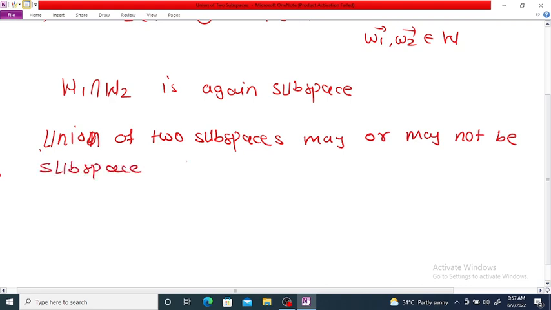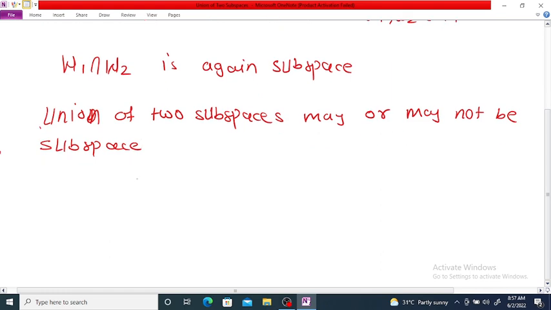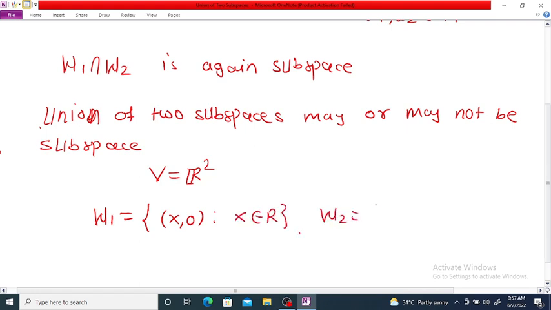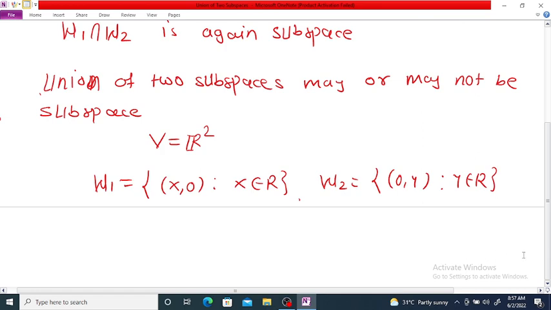For example, let V equal R square, with usual addition and scalar multiplication, and take the set W1 equal to the collection of all (x,0) where x belongs to R, and W2 equal to the collection of all (0,y) where y belongs to R. Then in W1 the y coordinate is 0 and in W2 the x coordinate is 0. As we know, W1 and W2 are subspaces